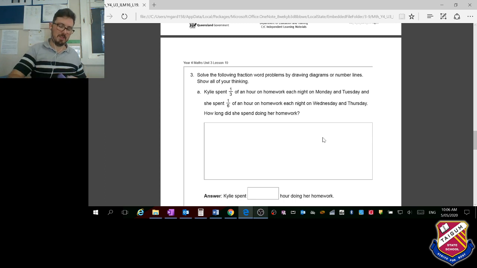Then I'm going to jump a third for Tuesday, like that. So that represents Tuesday. I'm going to put a cross and write T for Tuesday. Then I'm going to do one jump of a sixth. 1/6 is half of a third, so I jump halfway, and I put a W for Wednesday,